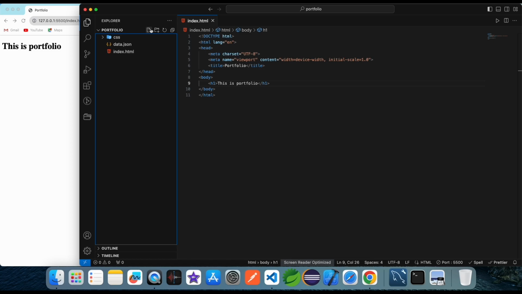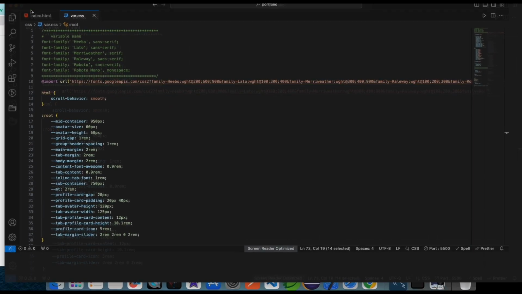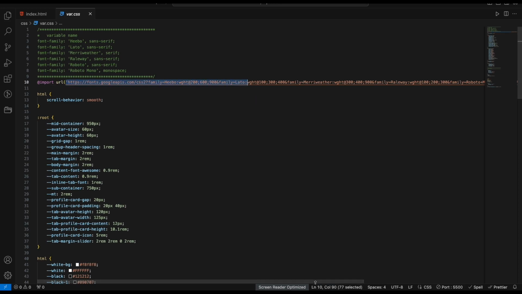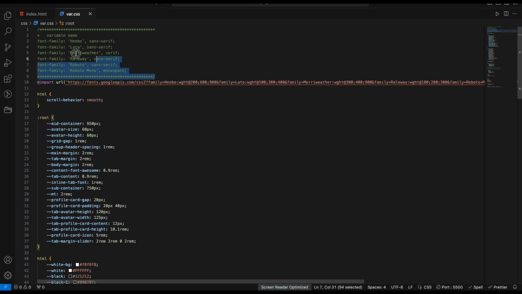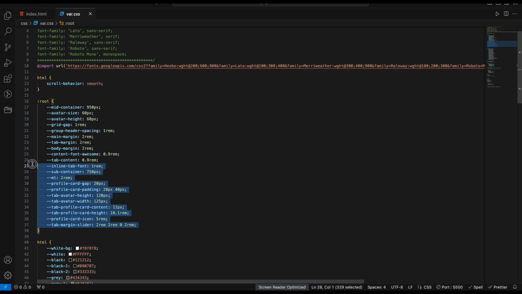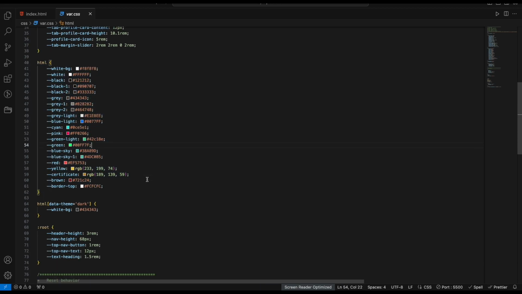For JavaScript I make another folder, JS, and inside it I make a file app.js. I have already made some files related to CSS, like base.css and the Google font. I will paste this Google font in the description so you can copy and use it in your project. This is the root variable